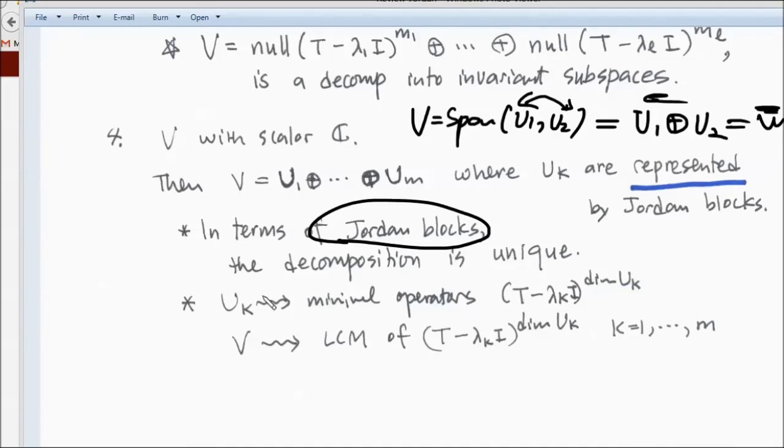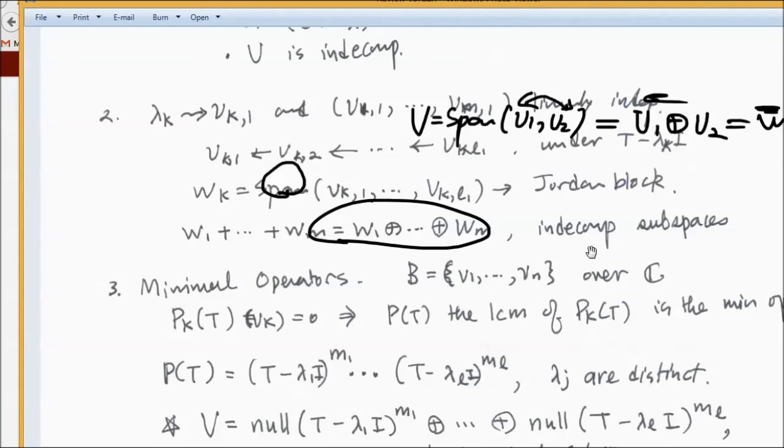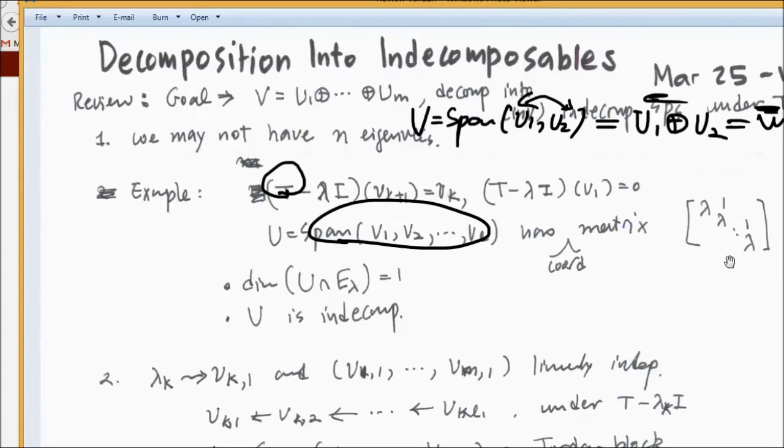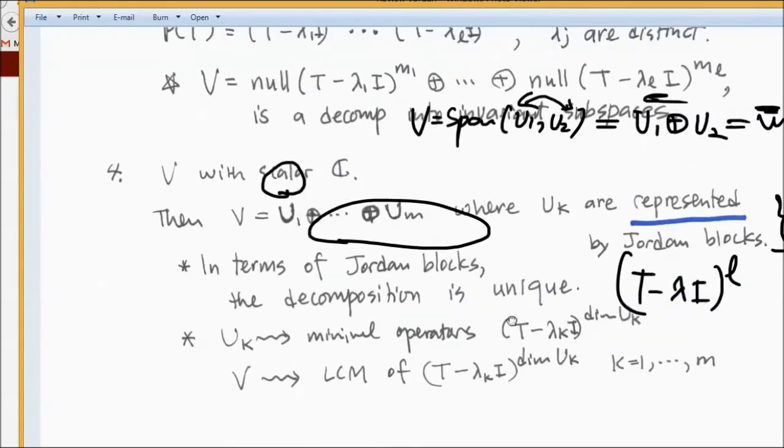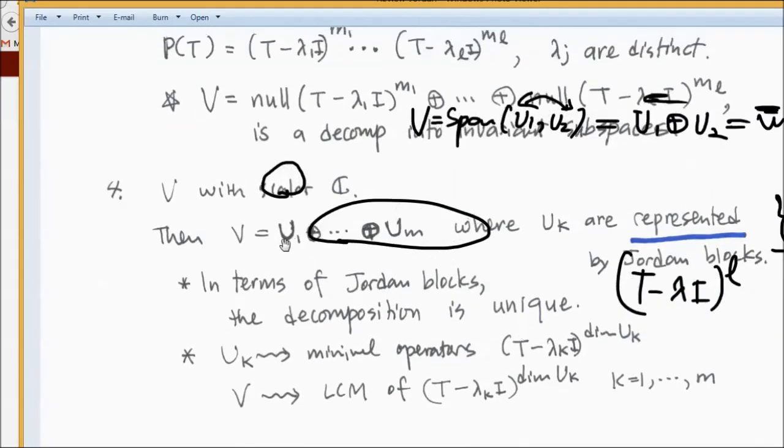And the second part is that if you look at each of them, it's a Jordan block. You know how to calculate. What is the minimal operator of this one? It's a Jordan block in here. The full dimension, right? The minimal operator of this one is (T minus lambda I), whatever the size here, I'm going to call L. Then you have to go all the way up to the power L, right? This is the minimal operator. What is that L? It's the dimension of this block size, and down there, each of them is one chain, and this entire dimension is the